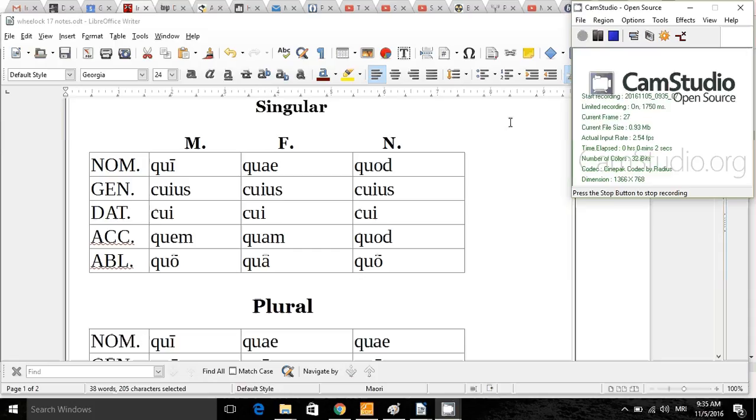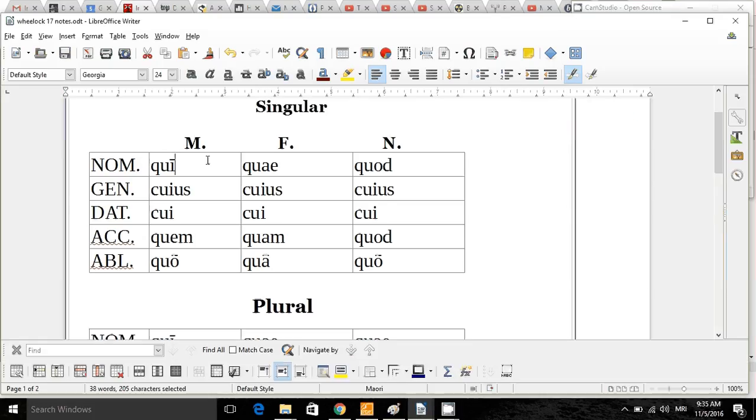This is a lesson for Wheelock chapter 17, which begins on page 139. And we're doing the relative pronoun, so the pronoun that relates one clause to another. So as a pronoun, it of course has forms for all 5 cases in all 3 genders, both singular and